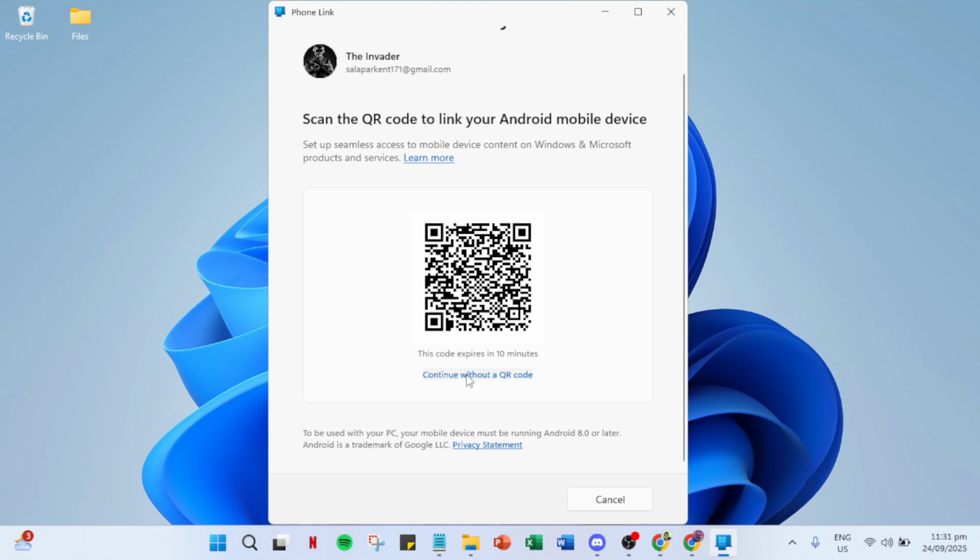For example, if you want to reply to texts or view photos on your PC, you'll want to allow these permissions. So, go ahead and grant the necessary permissions requested by the app. Your experience will be much smoother if you enable all the features you need right from the get-go. If any permission requests make you hesitate, remember, it's okay to adjust these settings later as per your comfort level.